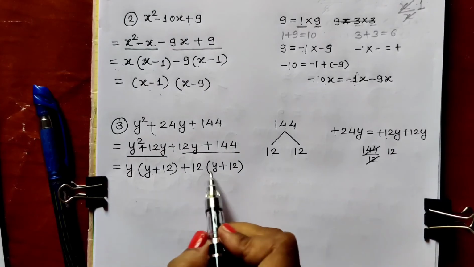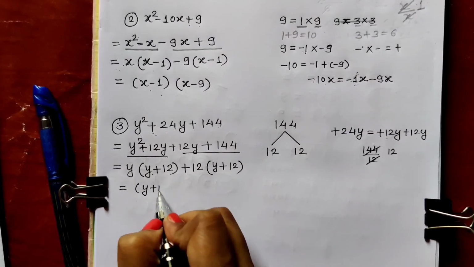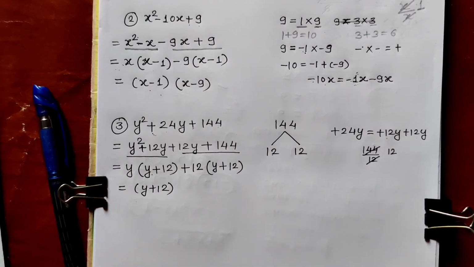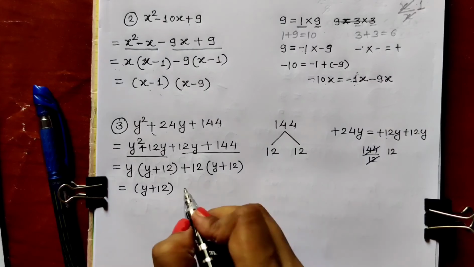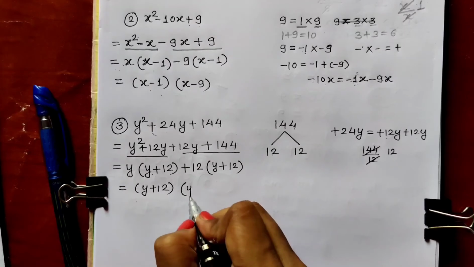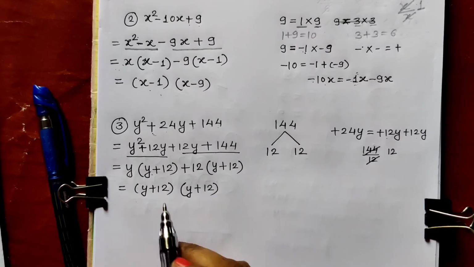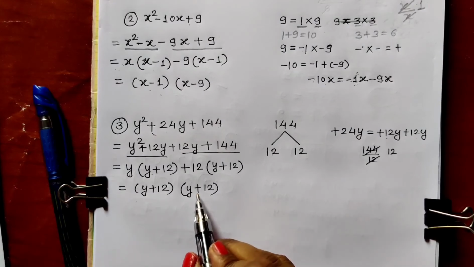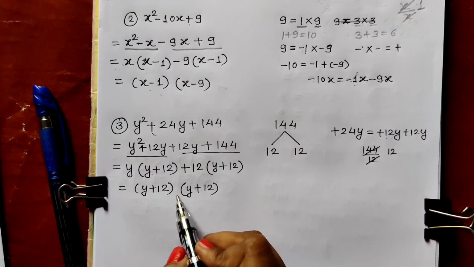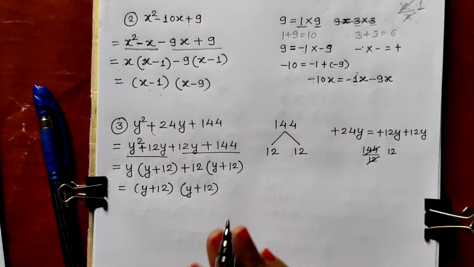So in this way we are getting same bracket. Same bracket means we have to take it out common. y plus 12 is common bracket, should be written one time, and in second bracket these remaining expressions, y remaining from the first bracket plus 12 remaining from the second bracket. So in this way we get y plus 12, these two brackets. In the end we get two brackets and there is no sign between two brackets. That means there is multiplication of two brackets, no sign. Don't put any sign between two brackets.